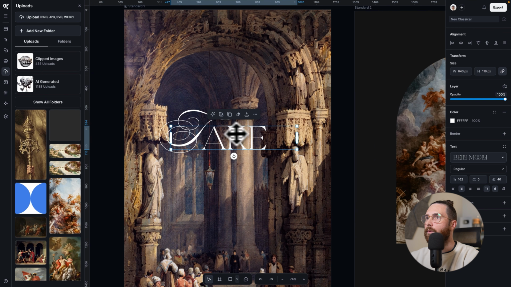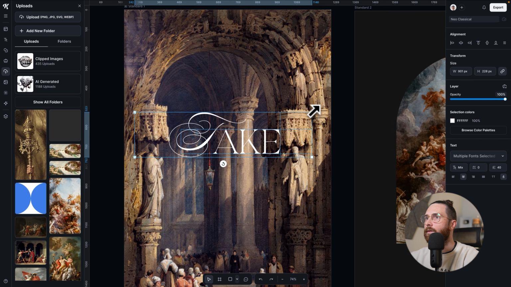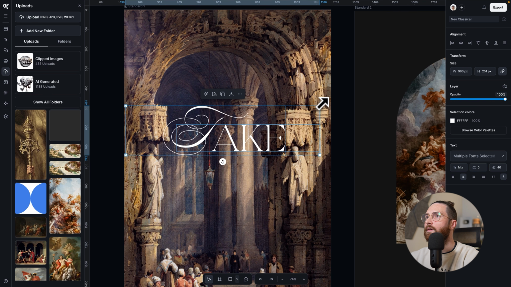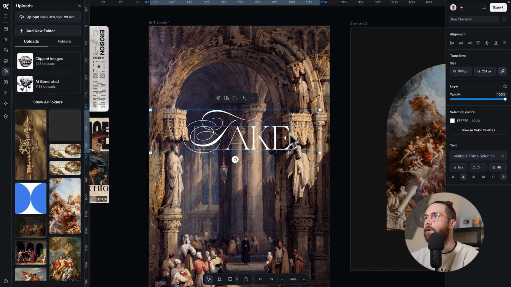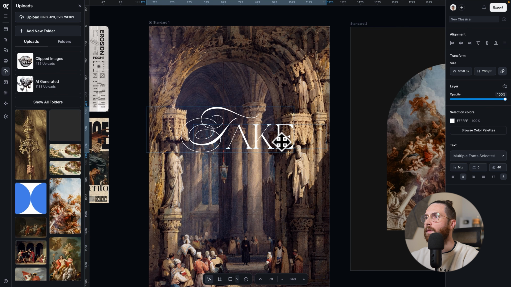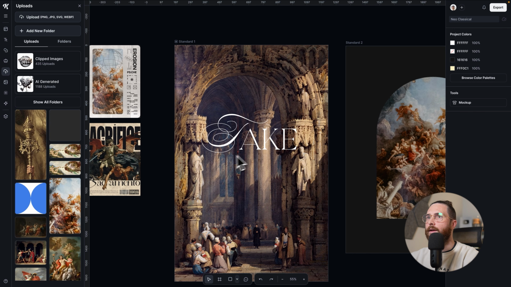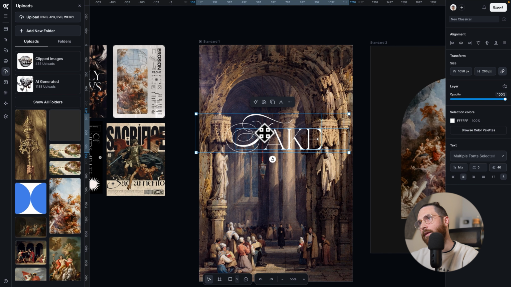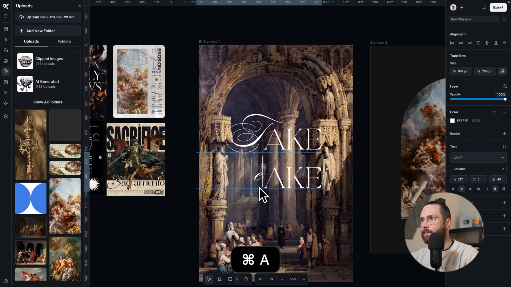There we go. And we're gonna grab this and this, make this quite a bit bigger. I like the idea of this being in the archway here, and I have a cool idea that we could maybe explore here, which we'll do in a second. And then we're gonna duplicate all of this. This is actually just gonna be an E, I think. And then I'm gonna change this to